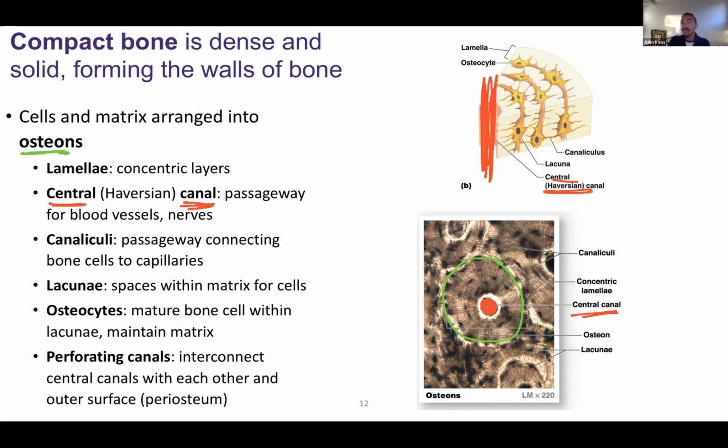We need those blood vessels to branch. So we have larger blood vessels going up and down the bone, but we need to get deeper into the bone. But bone is very solid. The extracellular matrix is going to get in the way of the blood vessels. To bypass that, literally, we have tiny little passageways within the extracellular matrix. Those tiny little passageways, which I'm coloring in at the top here,